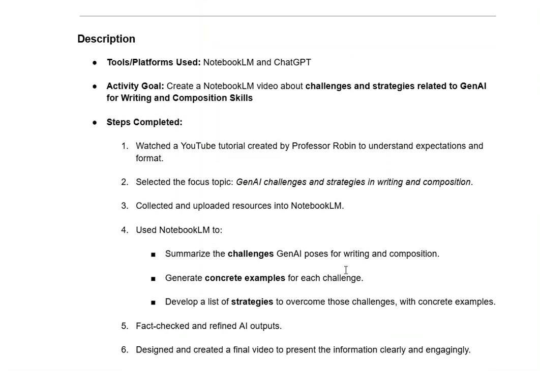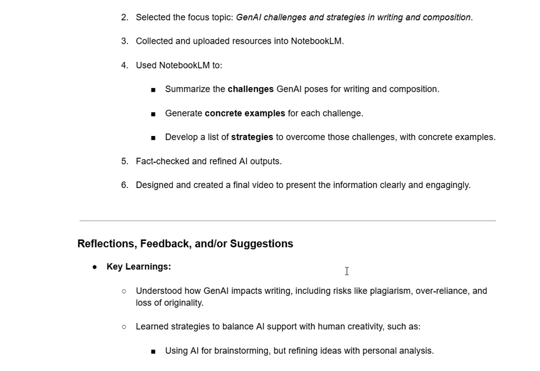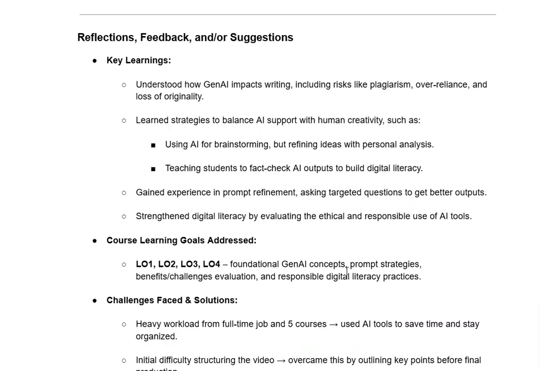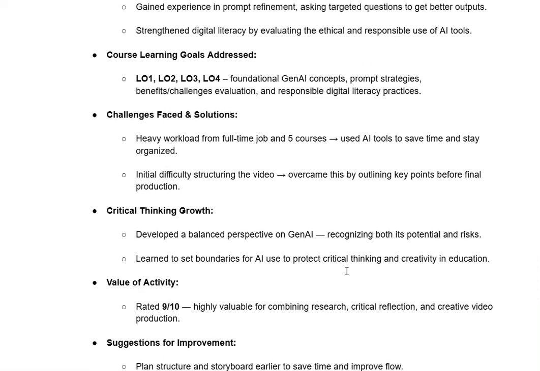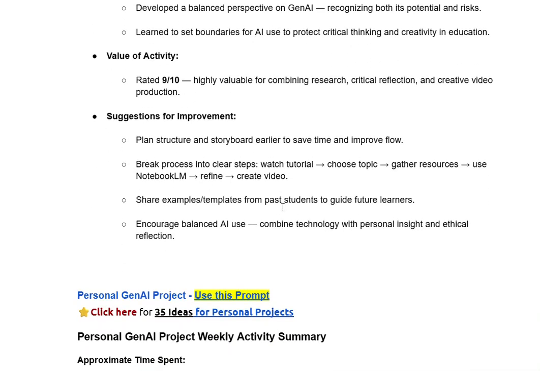Watch the thing, create a Robin, understand the design of the video, understand heavy workload from full-time 5 courses. Use AI tools to save time and stay organized. Wow, you're taking 5 courses and you're doing this quality work. You're amazing. You're a hero. Just know that. That's just pretty darn impressive.